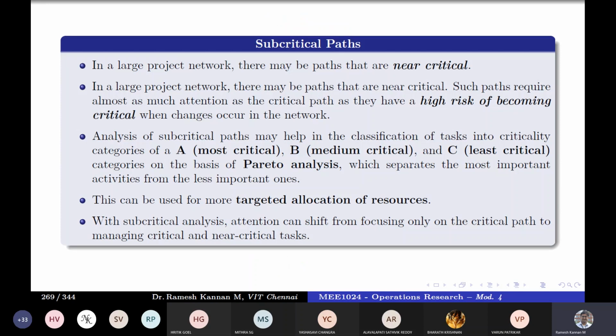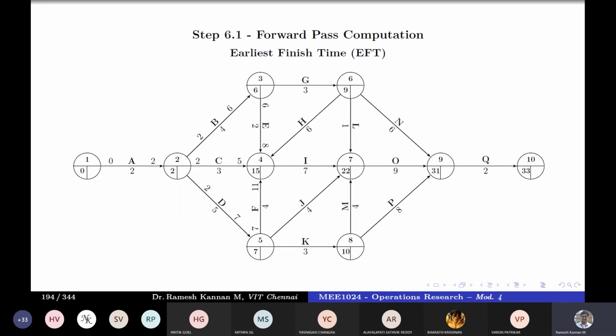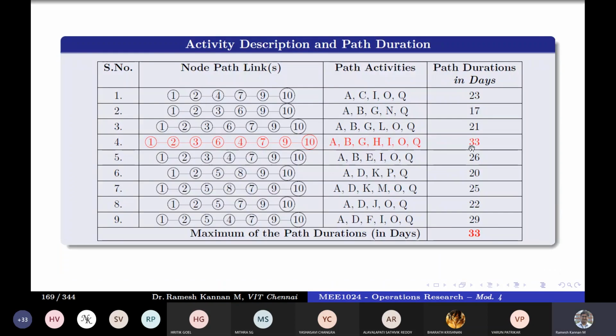Subcritical path. A very important concept in critical path is the subcritical path. You remember in the previous case, I told you, I'll quickly run through this example. In this example, there is a path of 33, and the next to that is 29, right? Which means that if the critical path gets shortened by 4 days, it will become 29, and we will have multiple critical paths.